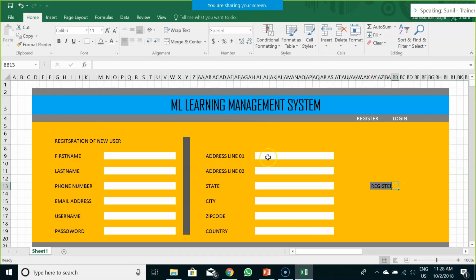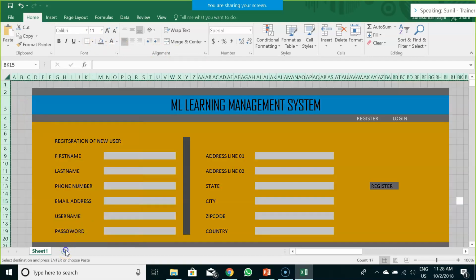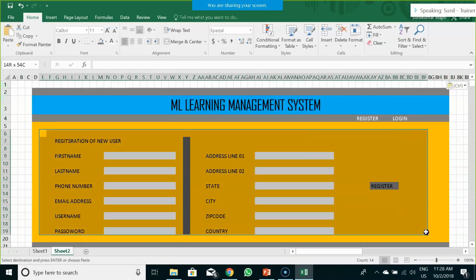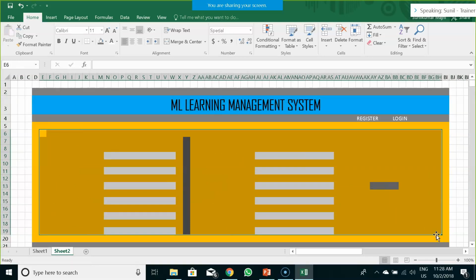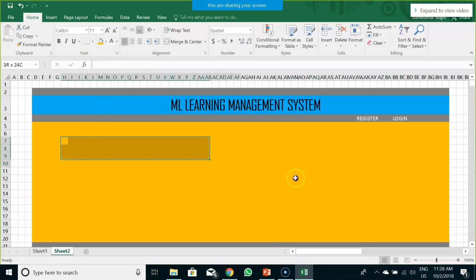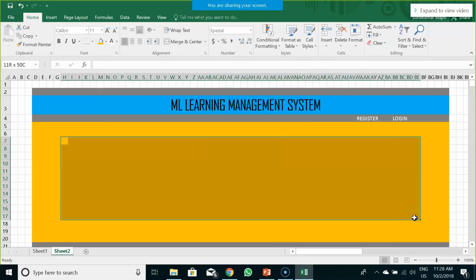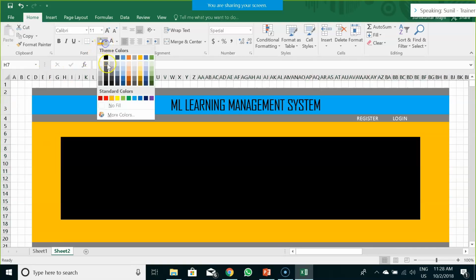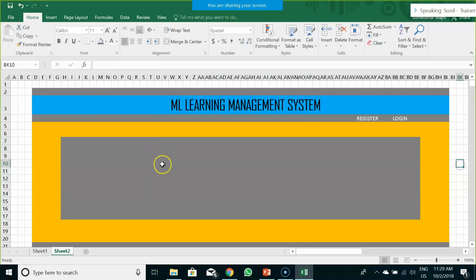So for that matter, we would copy this entire content and go to this particular tab and remove all this information which are there, and create a new screen wherein we would confirm to the user that your registration is completed.